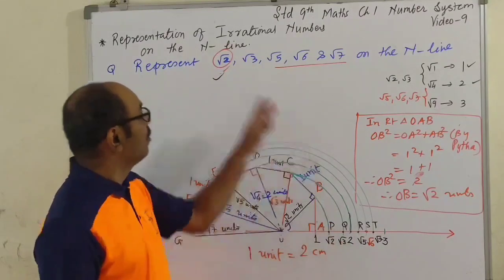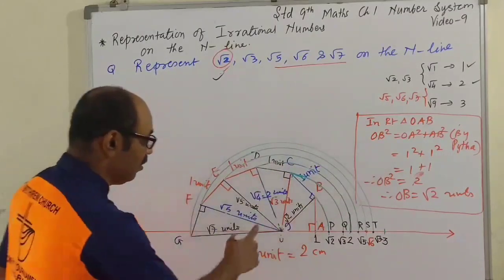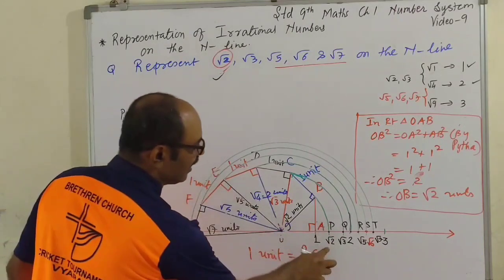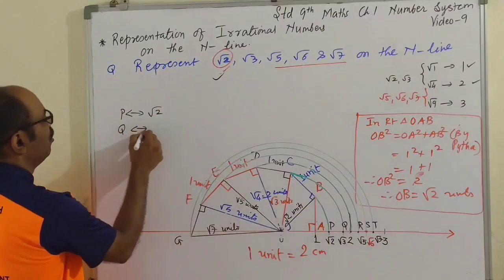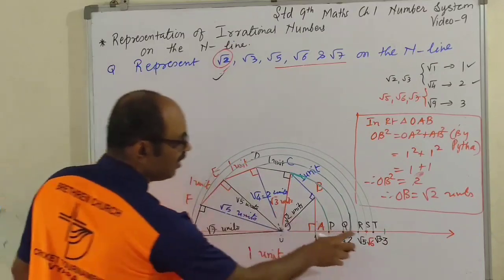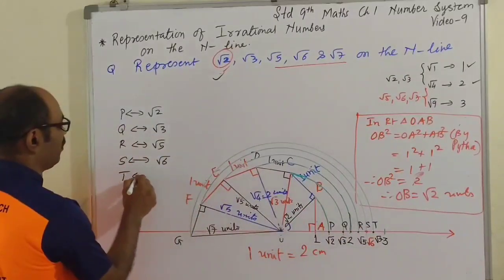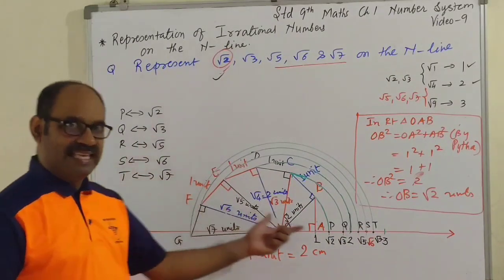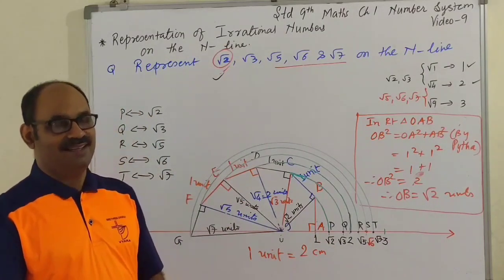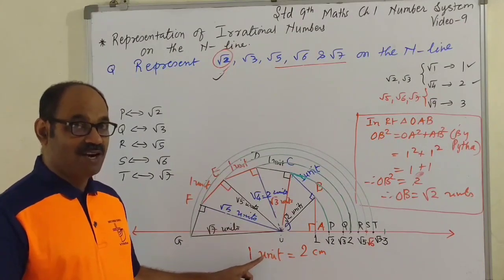Okay, leave around how many lines? 1, 2, 3, 4, 5. So leave 5 lines and then you start writing this. And in those 5 lines, what you have to write? P corresponds to root 2. Correct? Q corresponds to root 3. R point corresponds to root 5, and S point corresponds to root 6 and T point corresponds to root 7. So you showed the number line, and plotted all these irrational numbers on it. Correct? Okay? And don't forget, your marks will be cut if you don't write the unit.